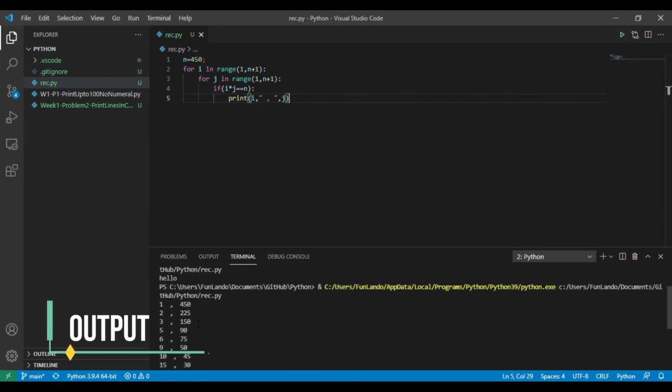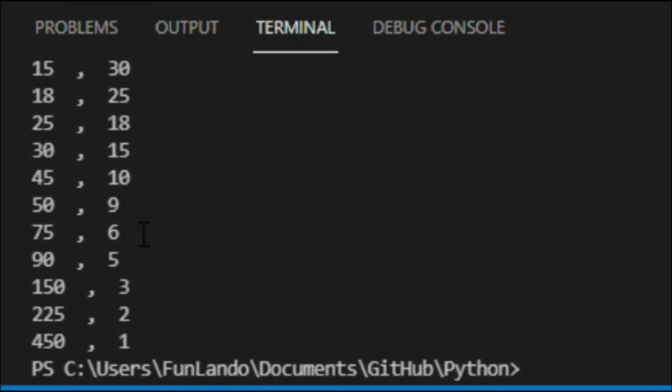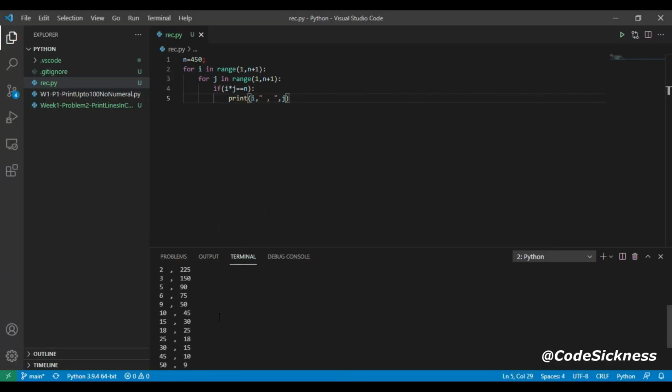Here we are. Here's the output. It starts from 450 and it goes all the way here, and you can pause this video if you like, and you can multiply any of these two values and it will produce 450 exactly. So these are the multiples,